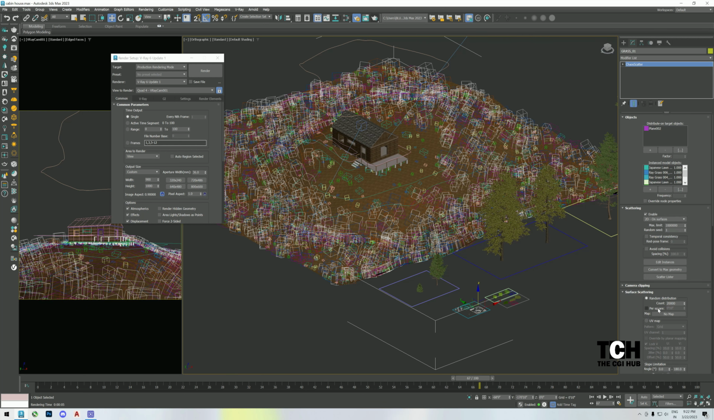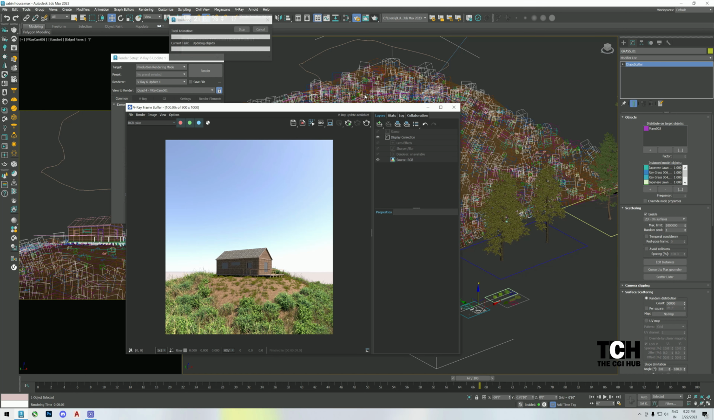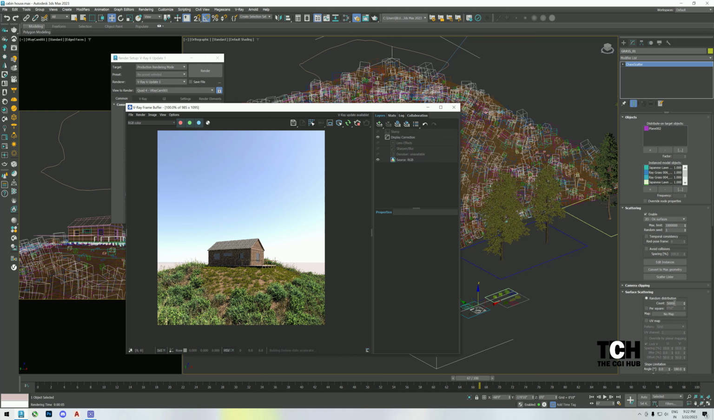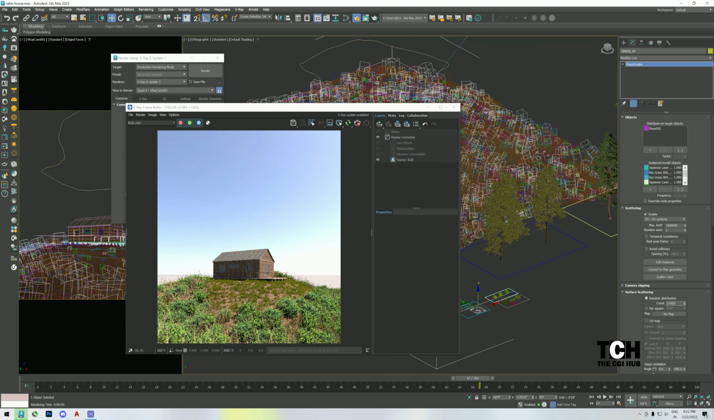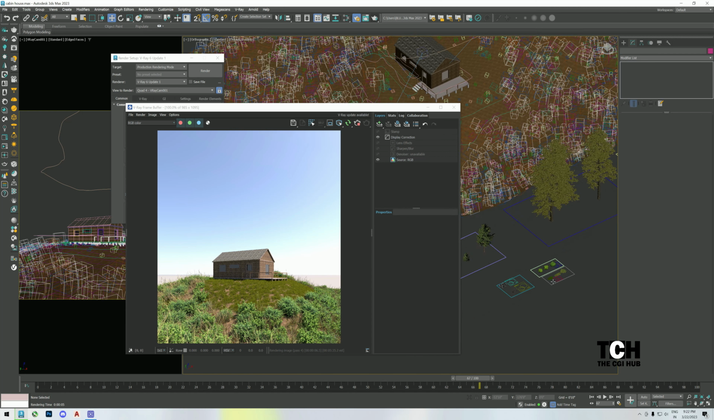Let's go with grass and make it something like 50,000. Okay, so just go with 1 lakh. Yep. And now what I do,